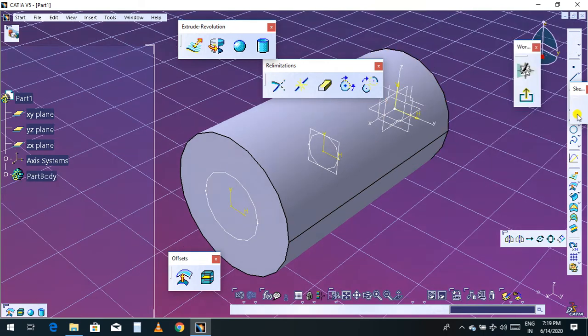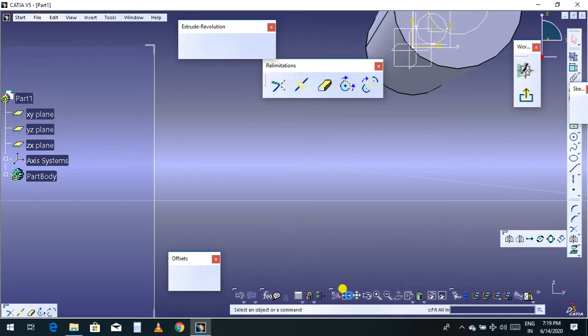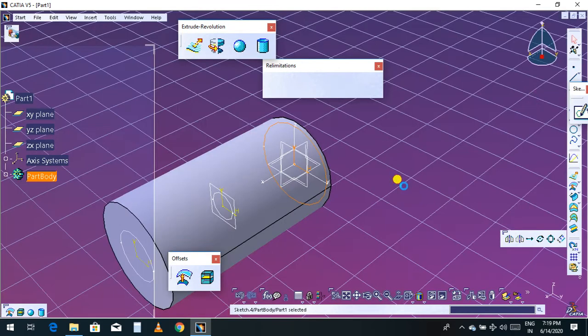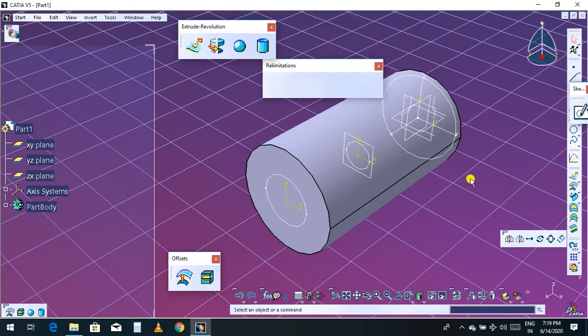Select a sketch. Select circle. Exit. So now we have three different sketches.